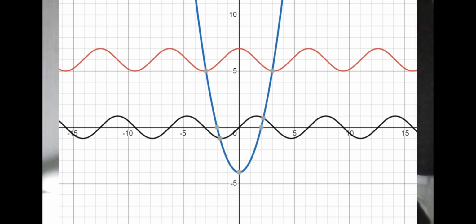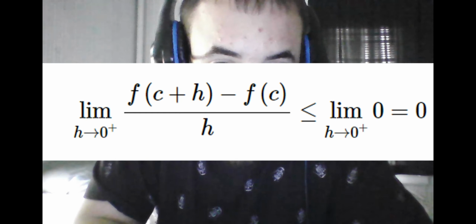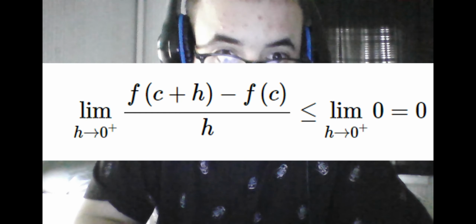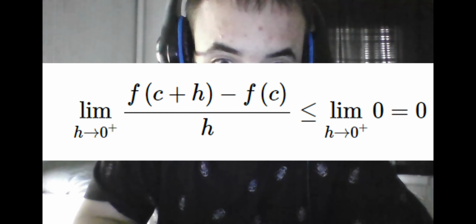If this graphical proof is not satisfactory enough, we can state that at a maximum point, f(c) must be greater than or equal to f(c plus a small change in x). Rearranging this formula, we have f(c plus change in x) minus f(c) is less than or equal to 0. We divide everything by change in x. Take the right-handed limit of both sides, as well as the left-handed limit so that the normal limit exists. We see that we are stating that the derivative must be less than or equal to 0